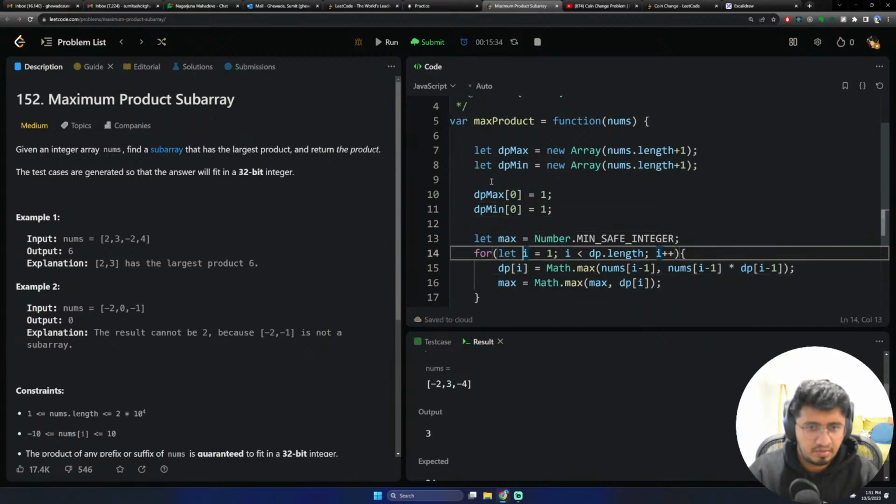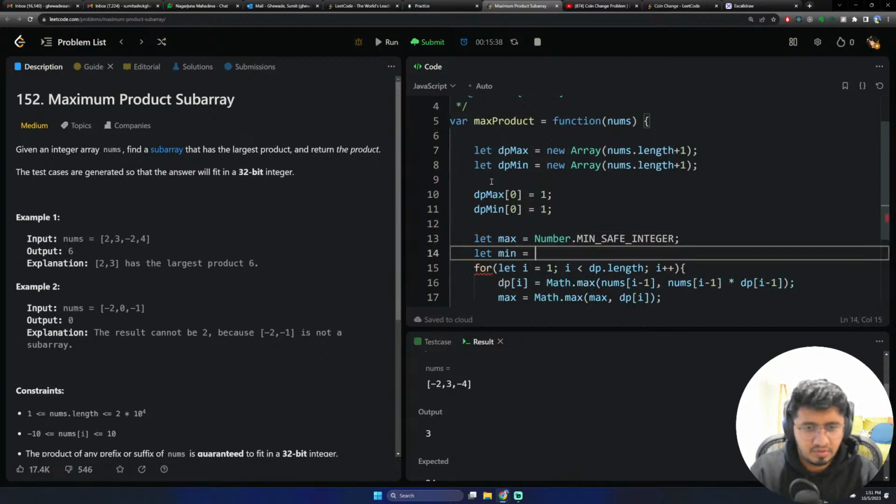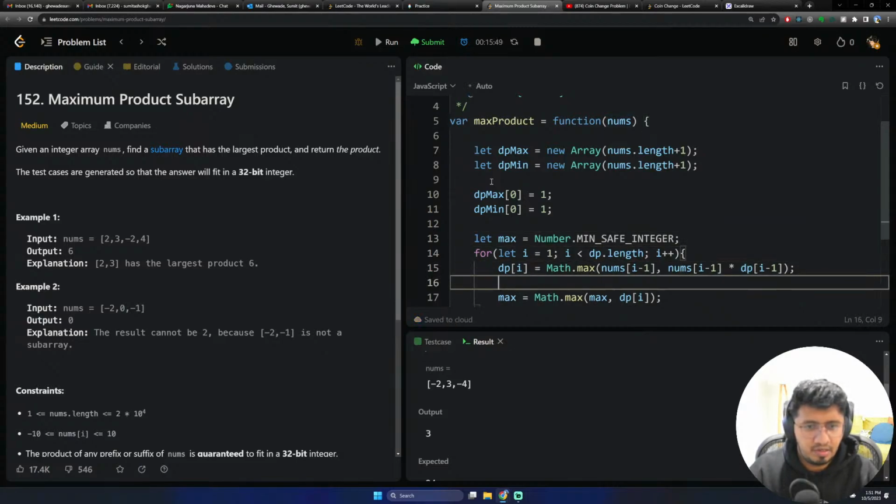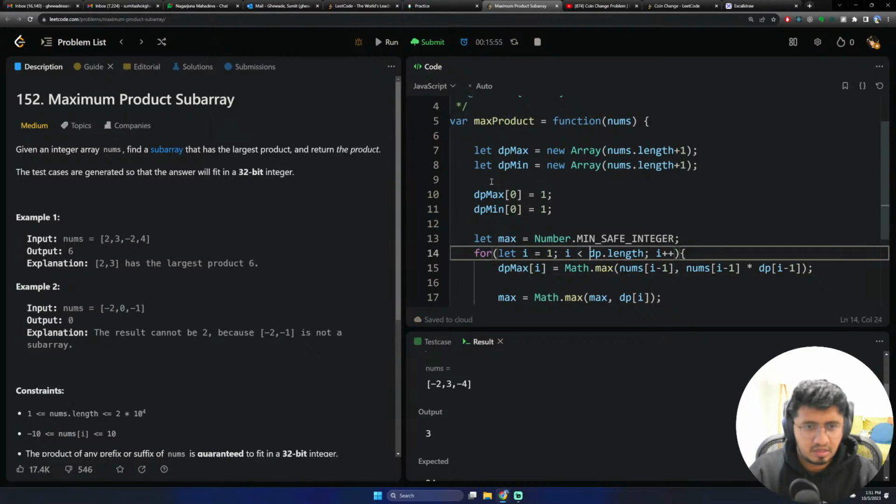Then let min is equal to Number.MAX. So we don't need to worry about this, but dp max, dp of